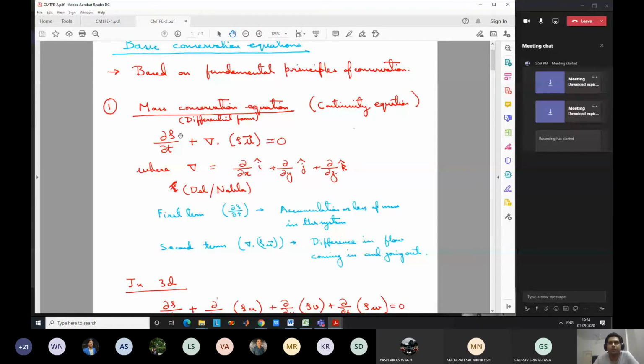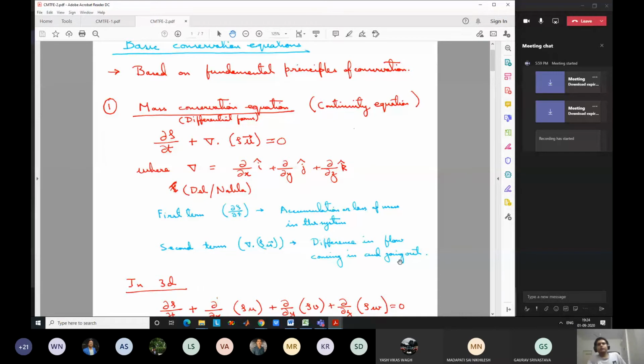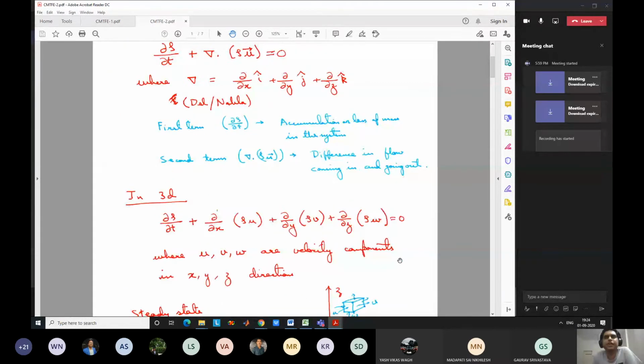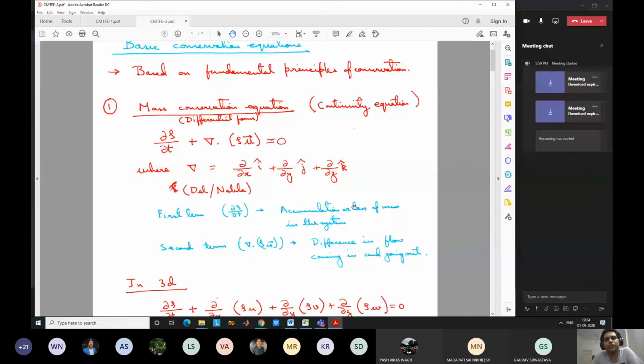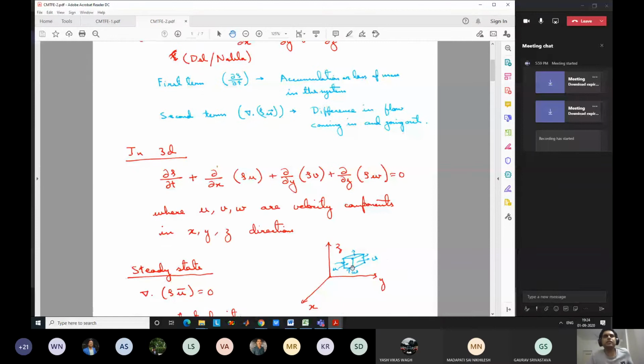You write the conservation for the entire volume using an integral form, or you write it for a very small, infinitesimal area. For example, you take a small area where each side is of length dx, dy, dz, which is very small. Even for this small control volume, even if dx, dy and dz are infinitesimal, the fundamental conservation laws will still hold true.